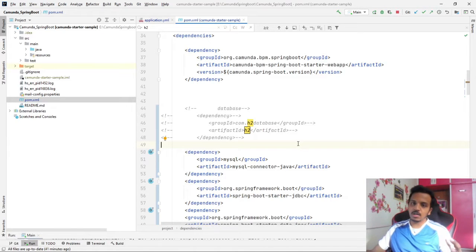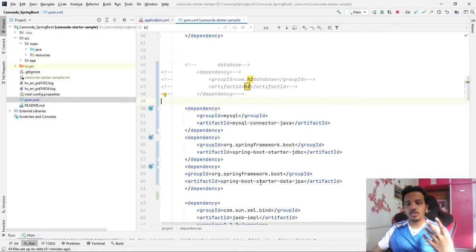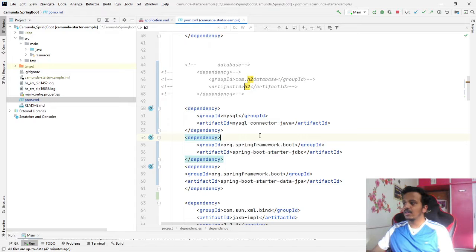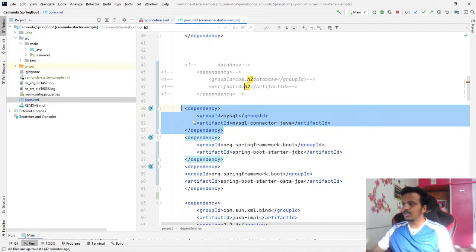For that, in my Spring Boot, Tomcat put aside, we'll talk about it in a minute, first I need to put the required dependency for MySQL. If you are connecting to MongoDB, search for the MongoDB database dependency and put it in your pom.xml. There are many people who are not familiar with Spring, that's why I'm mentioning the file names as well. So pom.xml has all the dependencies. Just put the required database dependency here.